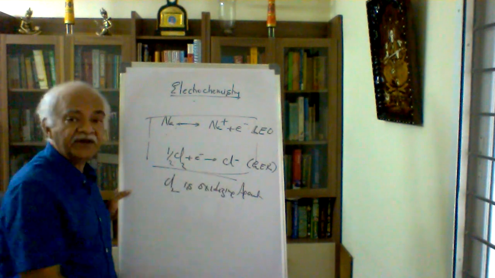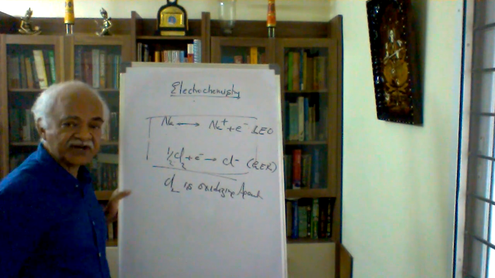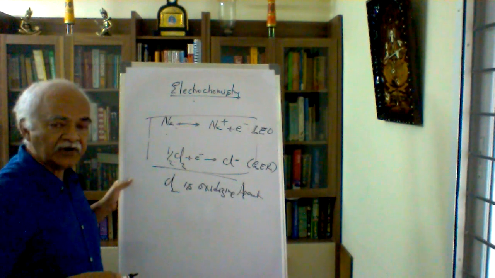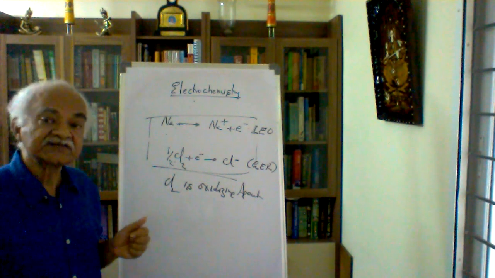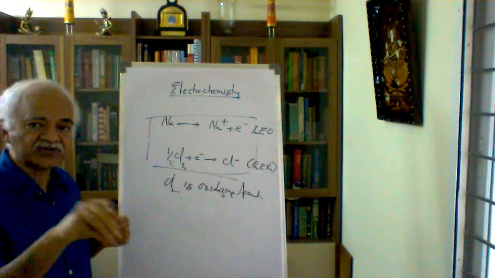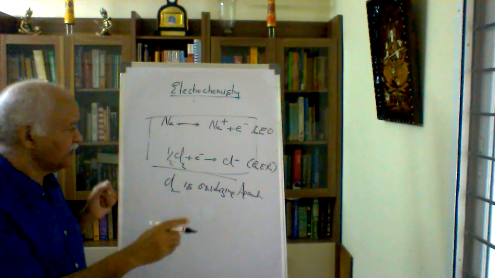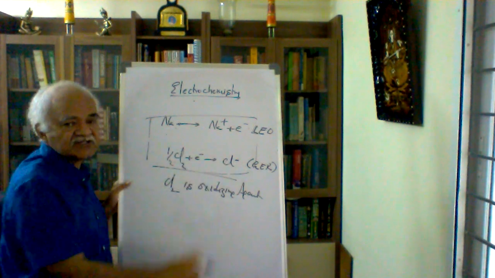Similarly, now focus your attention on chlorine. Is chlorine undergoing reduction? Yes, because it is gaining electron. Gain of electrons is reduction. But again, the same point: on its own, there is nothing like electrons coming from somewhere. Some reagent must be there in the neighborhood of chlorine, which can give electrons to it. Therefore, in the presence of a reagent which can supply electrons, this reaction is possible.